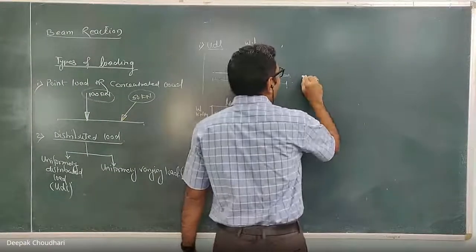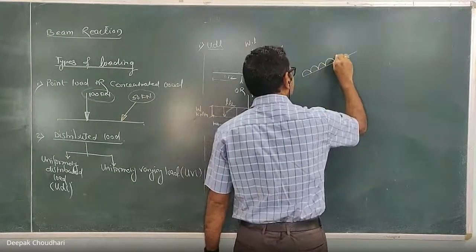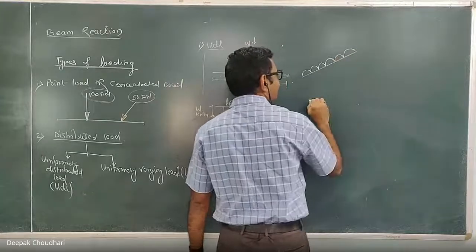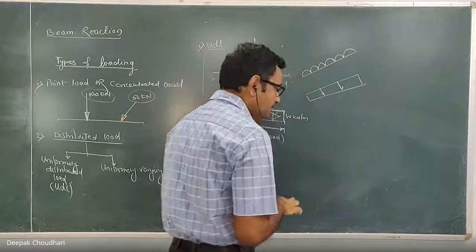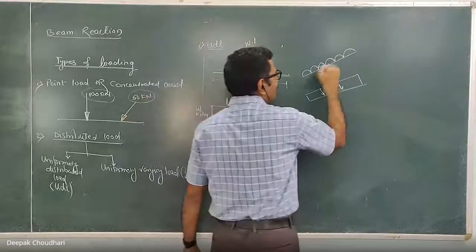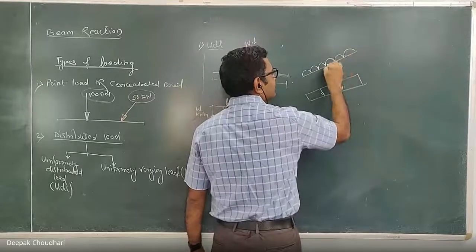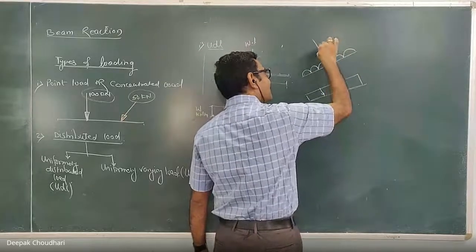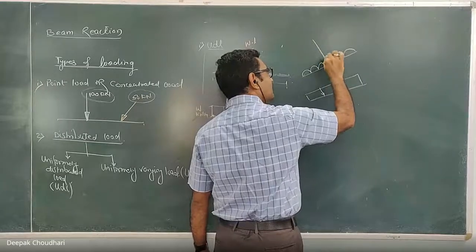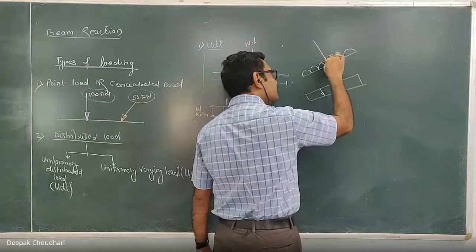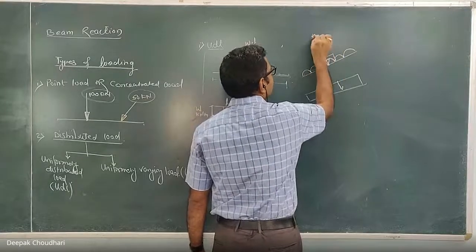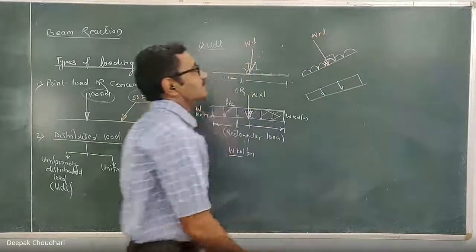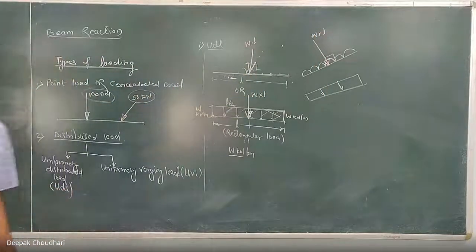Now sometimes the UDL may act like this also. यार ऐसा भी UDL रहेगा, मतलब रेक्टेंगुलर लोड से दिखाए तो ऐसे रहेगा. Now, where will the equivalent point load act? It will act at the midpoint of this length over which it is spread. कैसे आएगा? Perpendicular to this base. ये base को perpendicular, directed toward the base. And what will be the magnitude? The magnitude is equal to the intensity into the length over which it is spread. Okay. Understood? Yeah. Then, अभी देखो,